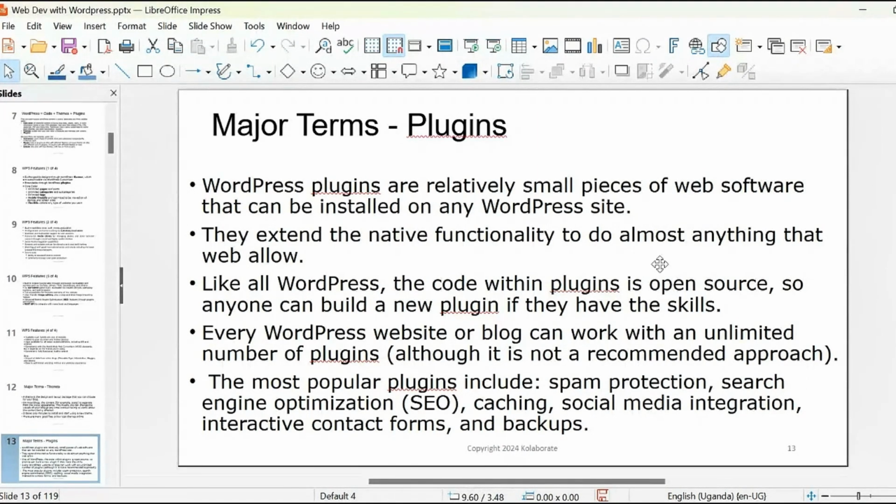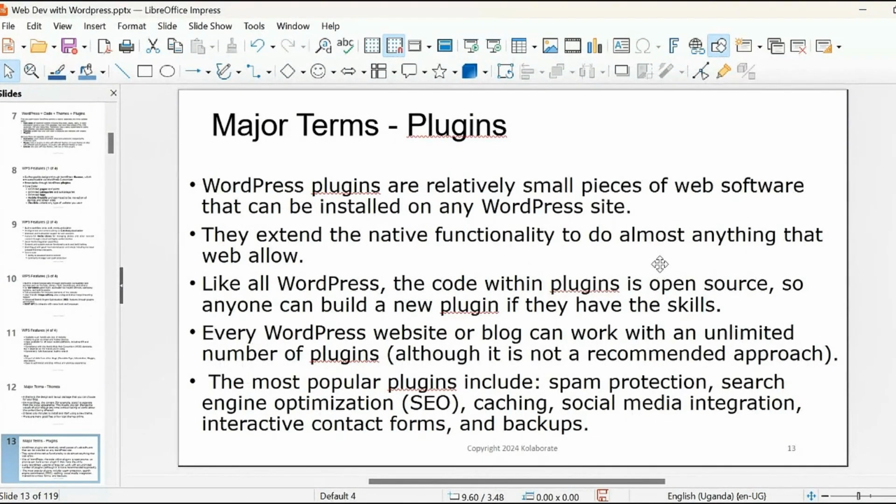So plugins are just small pieces of web software. Let's say you don't have mobile money. You have an online payment. Let's say you have an online shop or e-commerce store, and then there is, let's say, Jumia. So the website of Jumia, if you do not have mobile money, you add a plugin for mobile money. Okay, you just download the plugin, install it, and use it. Once you add that plugin, mobile money is added to your website, just like that. Okay, that's a function. Someone can pay using mobile money. So those are just some of the functions.